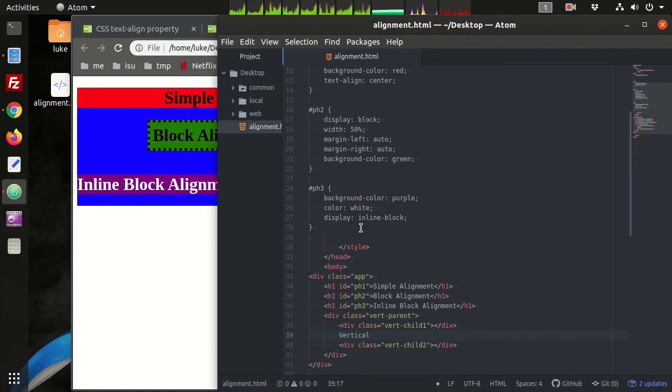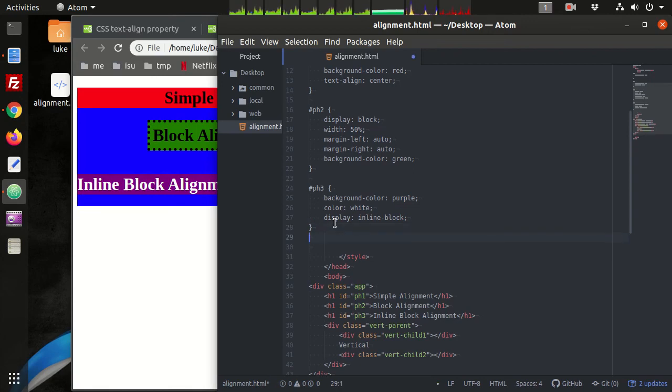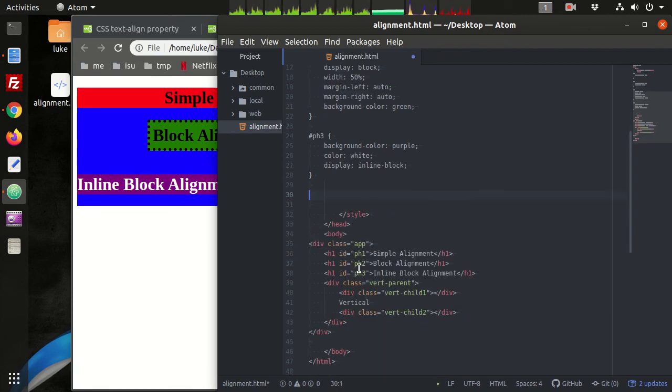Vertical. So we've created 3 specific elements, and then the content here is a text node. It doesn't have HTML wrapped around it, but it is considered a text node. So we've got 4 elements here, and we need to specify CSS for at least these 3 that we specified classes for.